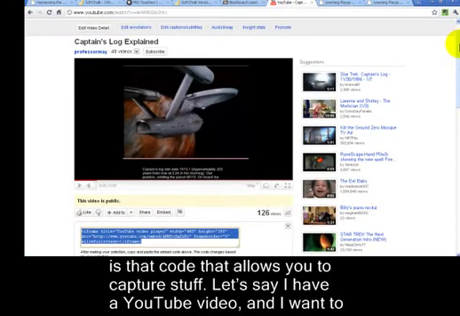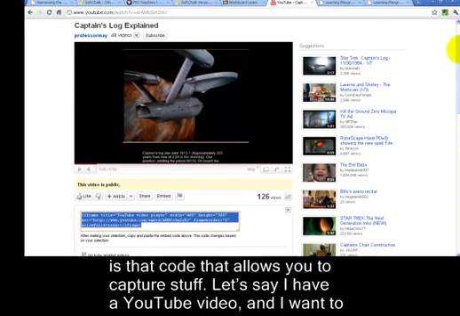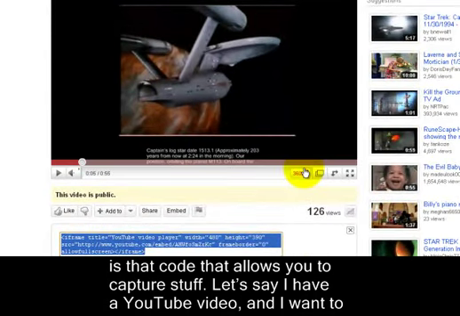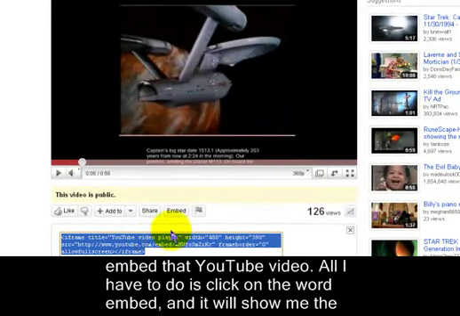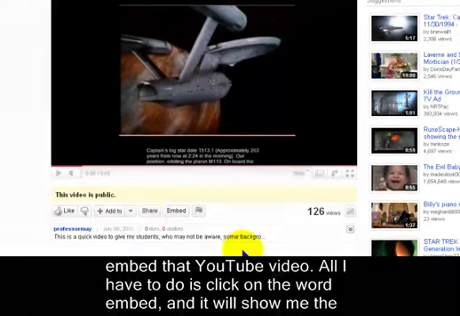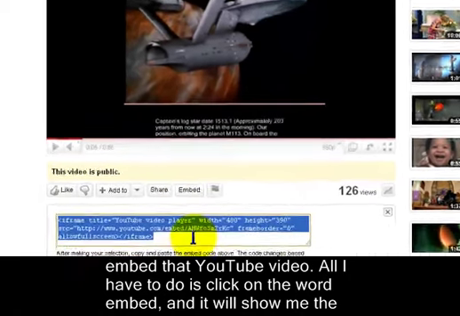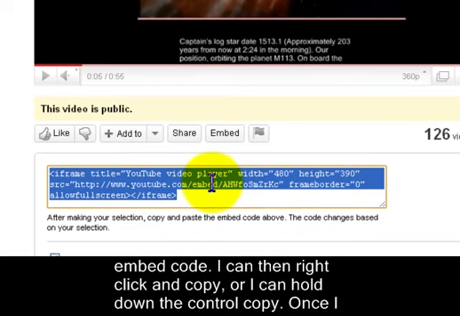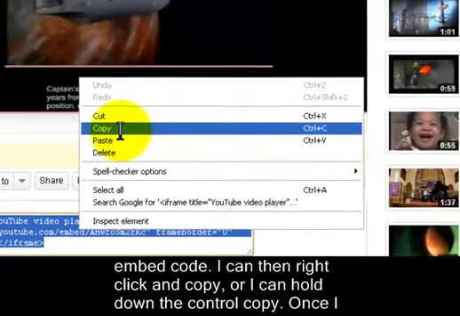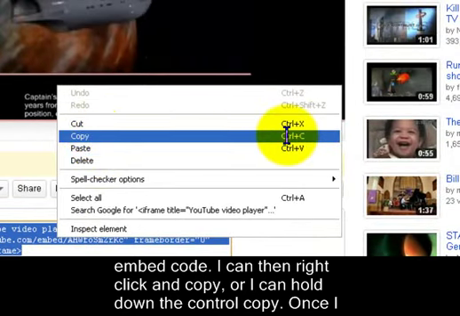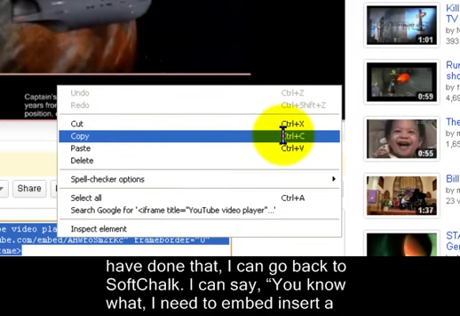Let's say I have a YouTube video, and I want to embed that YouTube video. All I have to do is click on the word embed, and it'll show me the embed code. I can then right-click and copy, or I can hold down the control key to copy. Once I've done that,